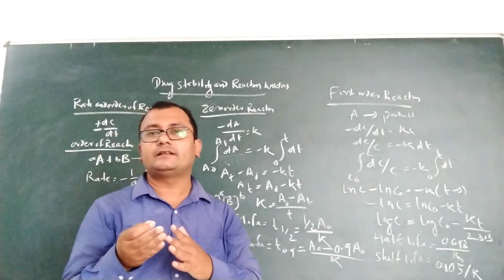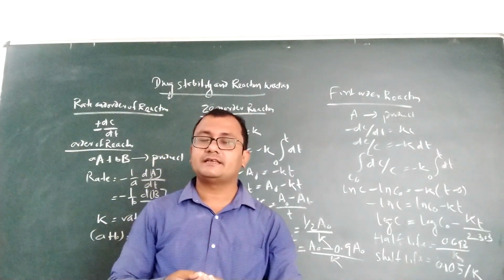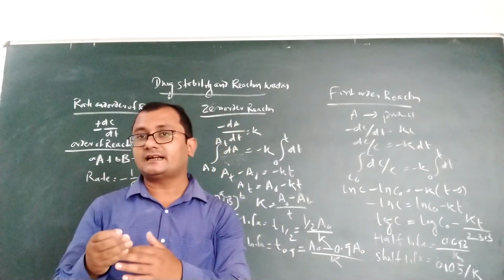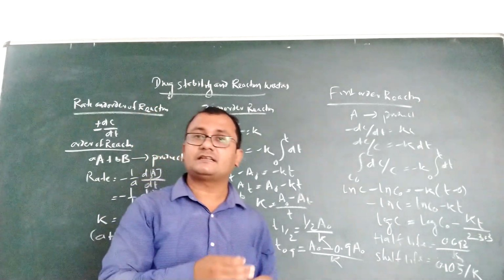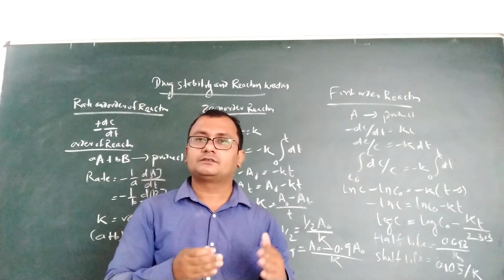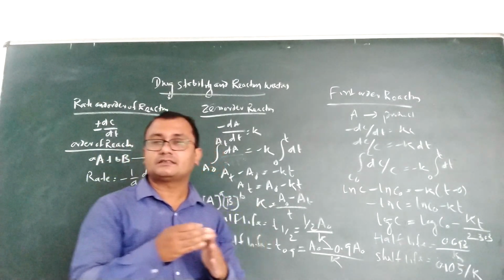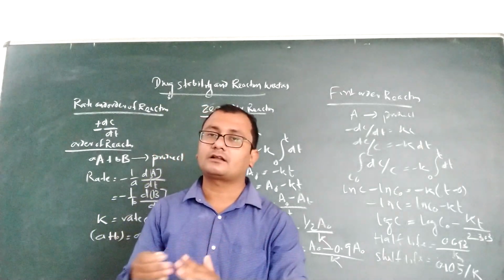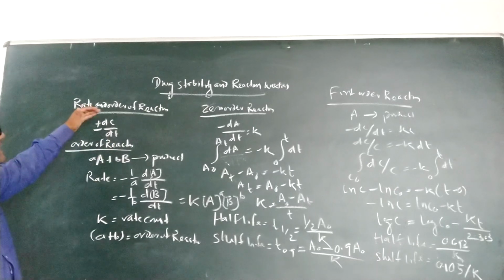It is a relationship when two reactants are reacting with each other, then one product is formed, and that product concentration will slowly increase as the reaction proceeds, but simultaneously the concentration of the reactants will decrease. That's why it's very important to know how the reaction proceeds and which type of kinetics and which order of reaction it follows. So let us start with the rate and order of reaction.